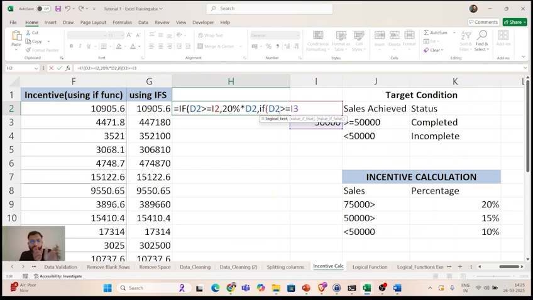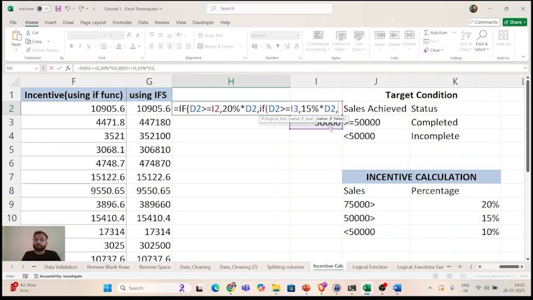If the value is not greater than 75,000, I will take another if, checking if it is greater than or equal to 50,000, that is I3, comma. Value is true: if the sales amount is greater than 50,000, then the incentive will be 15%, so 15% of D2, the sales amount.